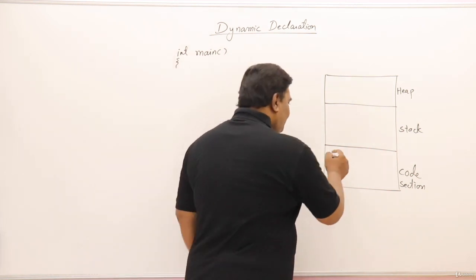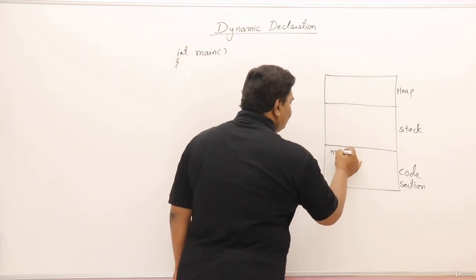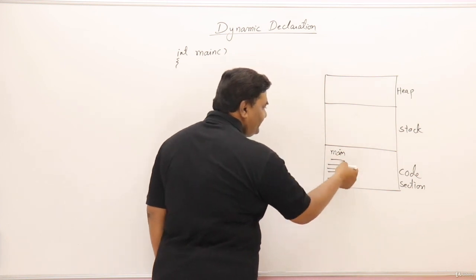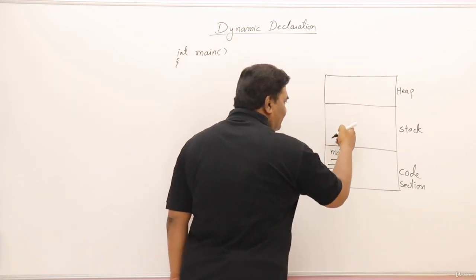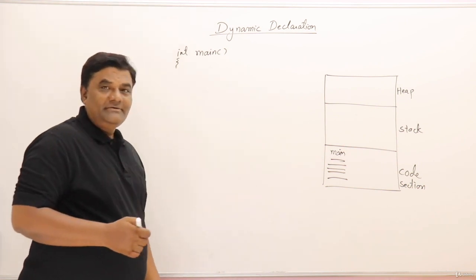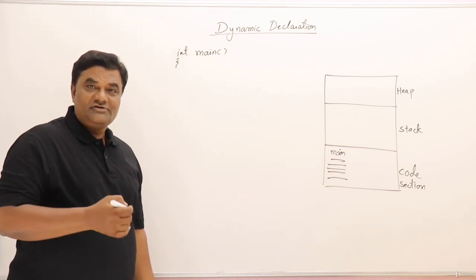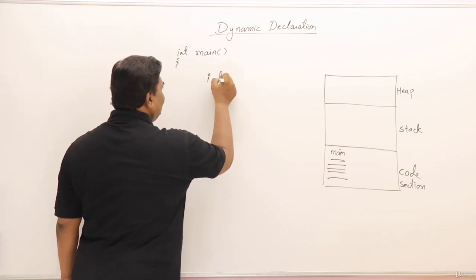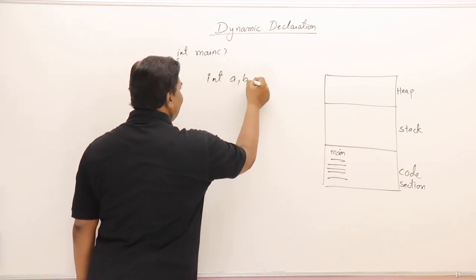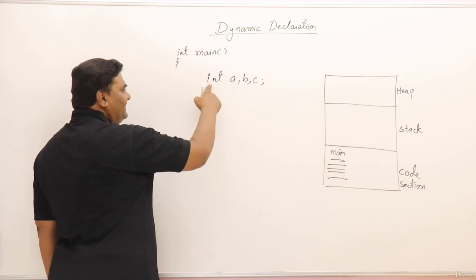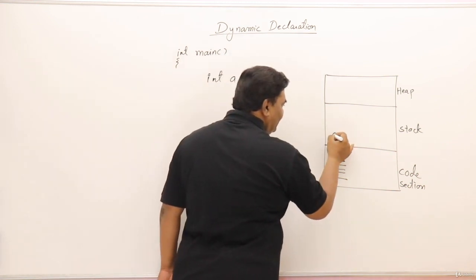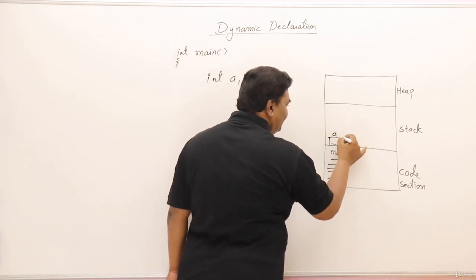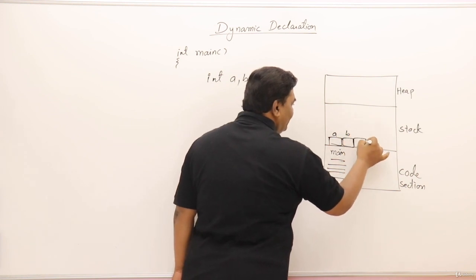This is the place where the program itself resides. Suppose it's a main function, the machine code will be lying here. And here, inside the stack, the memory for the variables will be created during the execution of a program. Let us see, I have a main function here. If I am declaring some variables A, B, C of type integer, suppose integer take 2 bytes, then 2 bytes for A are given inside the stack, then 2 bytes for B are given, and 2 bytes for C are